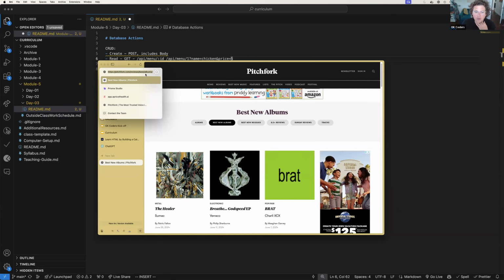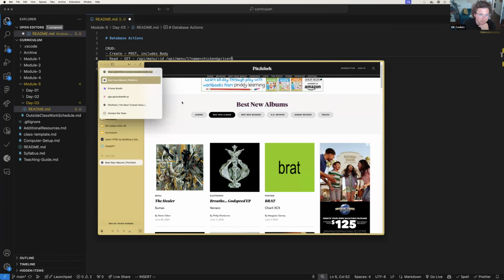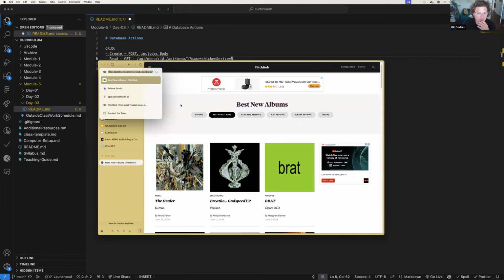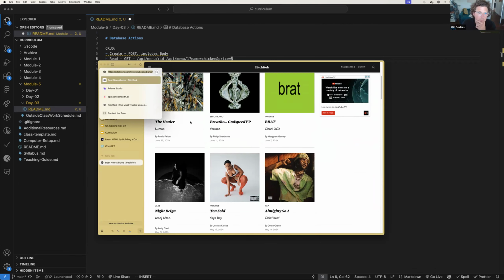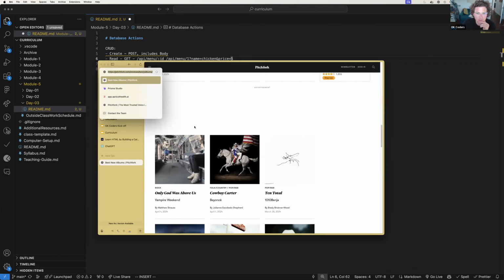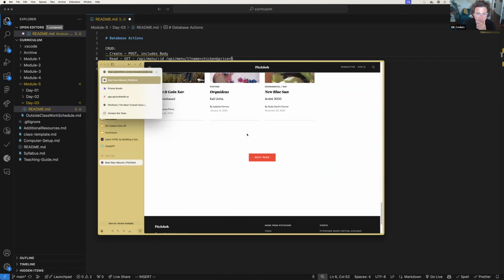So the way that they're writing their URL routes for their front end is probably reviews/best, and then there's probably a parameter for the type, and it's either albums or tracks or reissues or whatever. Or they potentially have three routes for that. I'm not sure exactly how they set it up, but all that to say, the item that we're trying to get is best new albums. But then if I keep scrolling, eventually you'll see